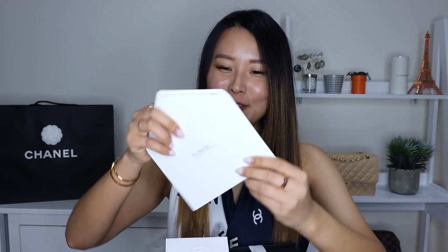So I also have previously talked about this bag, saying that I am probably not interested in this style of bags, but like I was saying, I may be completely eating my words, but a girl's allowed to change her mind. So on top of the box, I've got the receipt, and my beautiful sales associate wrote me a little